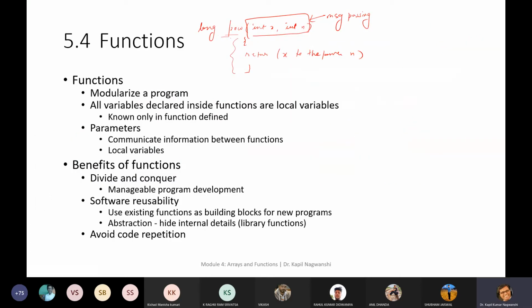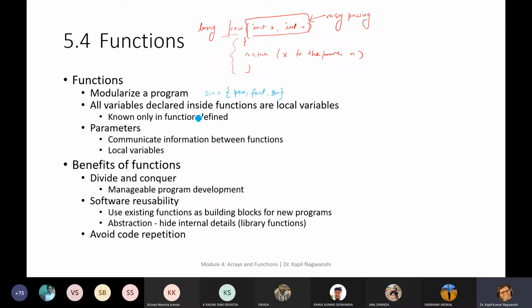Now come to functions. Here again, we are still discussing function. It modularizes a program. Already seen that if you want to create a sine series function, then it requires three different functions like power, factorial, and sine.